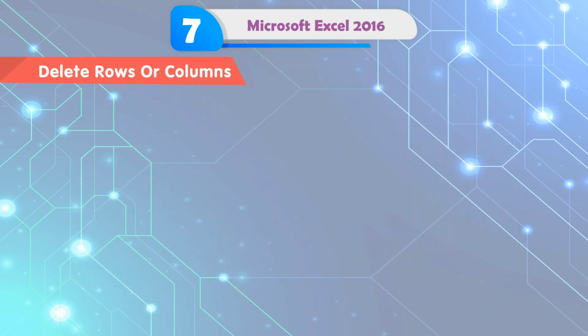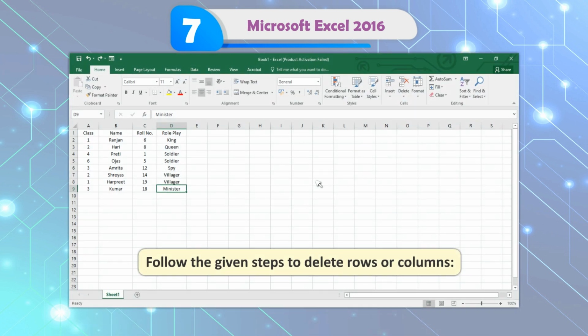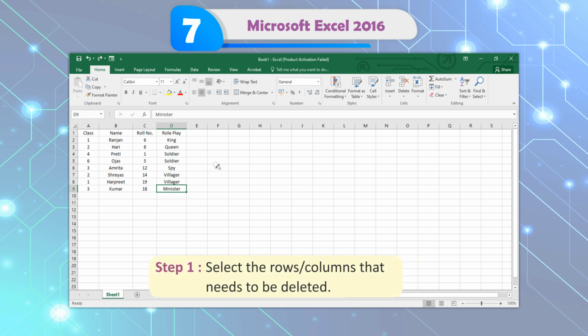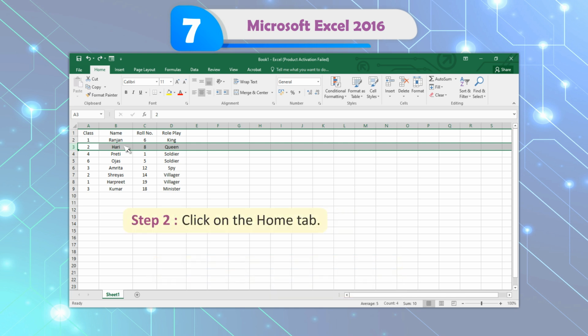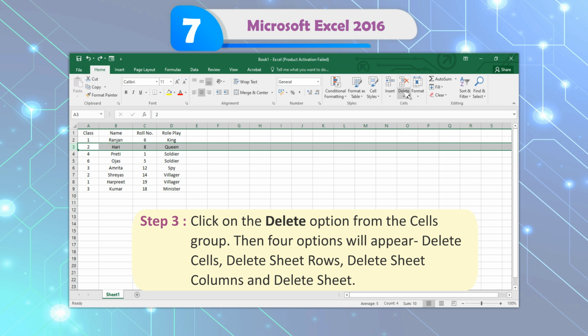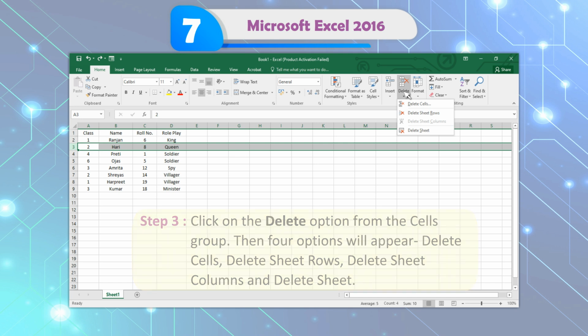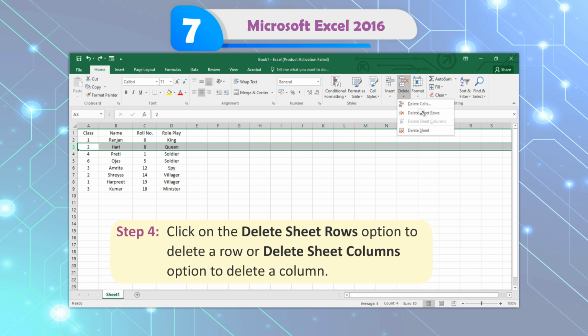Delete rows or columns. Follow the given steps to delete rows or columns. Step 1. Select the row/columns that needs to be deleted. Step 2. Click on the Home tab. Step 3. Click on the Delete option from the Cells group. Then 4 options will appear: Delete cells, Delete sheet rows, Delete sheet columns, and Delete sheet. Step 4. Click on the Delete sheet rows option to delete a row or Delete sheet columns option to delete